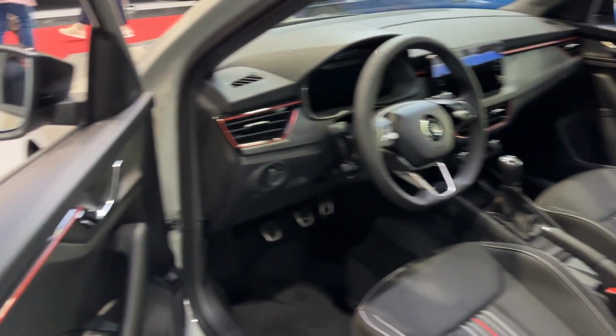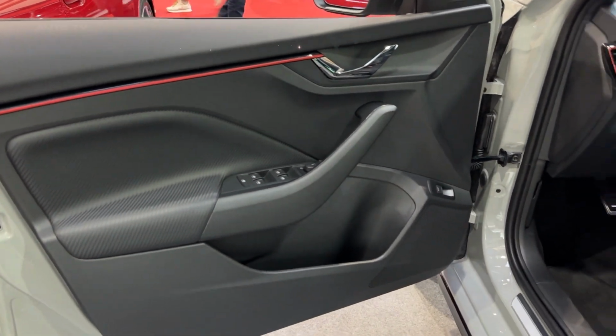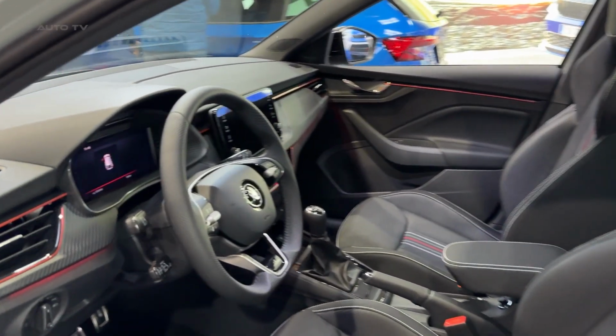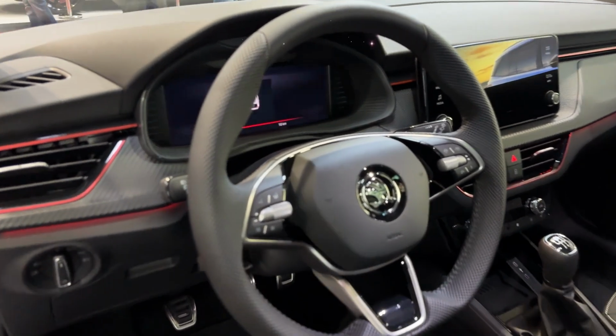Take it through some corners, and you'll find the Scala Monte Carlo strikes a nice balance. The steering is direct and precise, while the adaptive sport suspension keeps things controlled without being too harsh. Sure, a Ford Focus might be more fun on a back road, but for everyday driving, this Skoda hits a